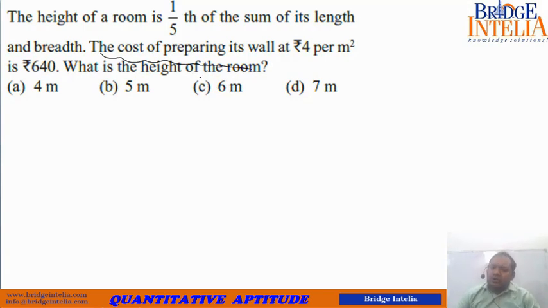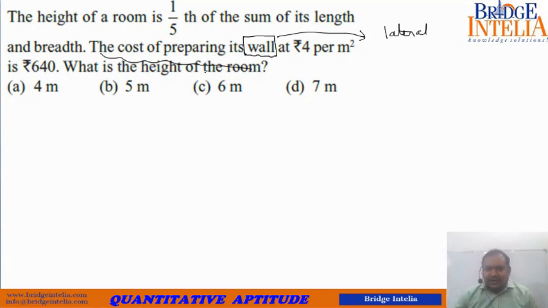So when we talk about wall, we are not referring to the roof and the floor. Wall basically means lateral area. Please mind this carefully. Whenever questions are asked about wall, they are basically referring to the lateral area. That is the difference between saying wall and room. They should have said room if they meant everything, but they say wall because wall means lateral. Room means the entire thing.